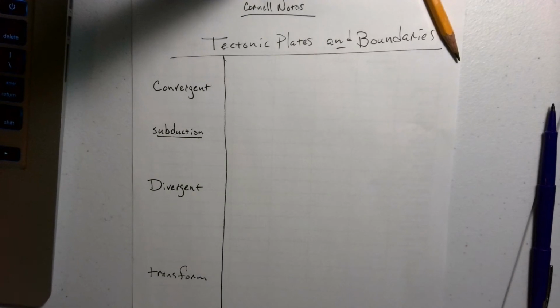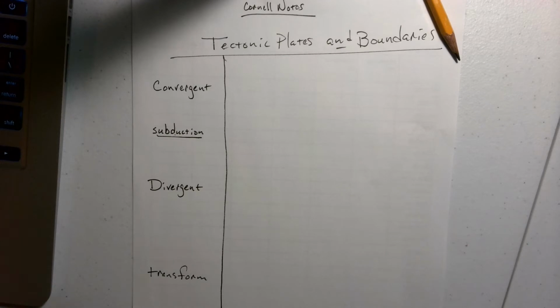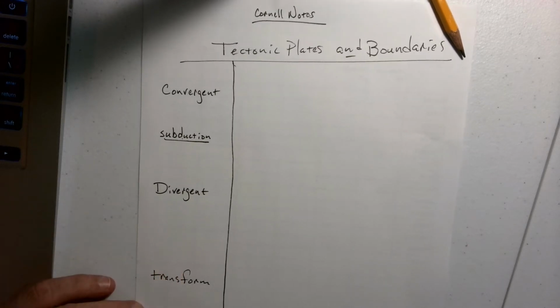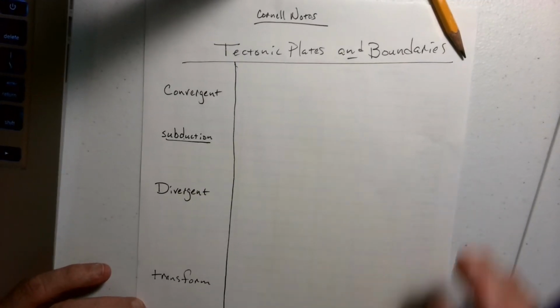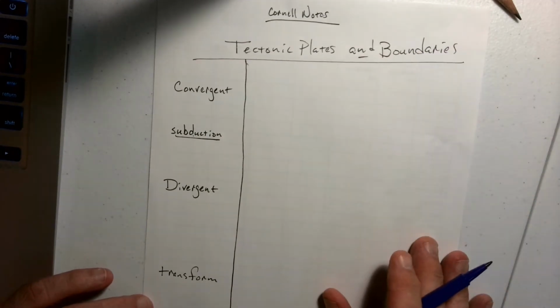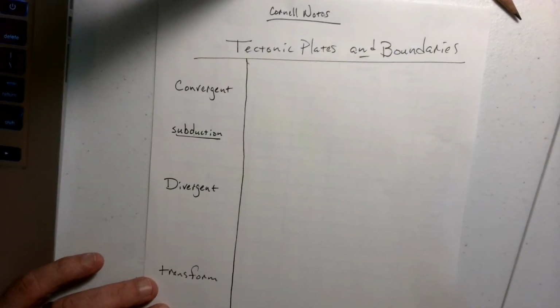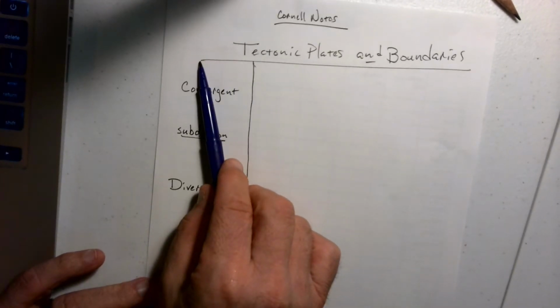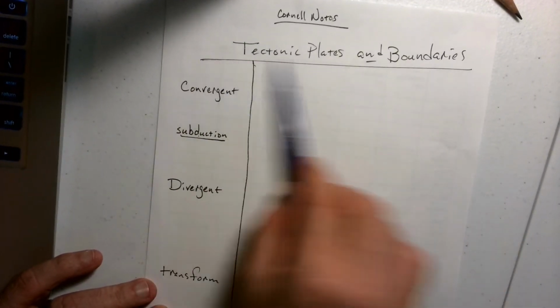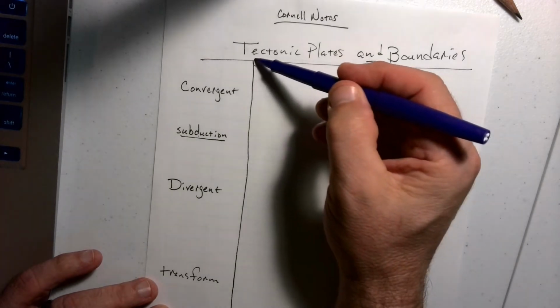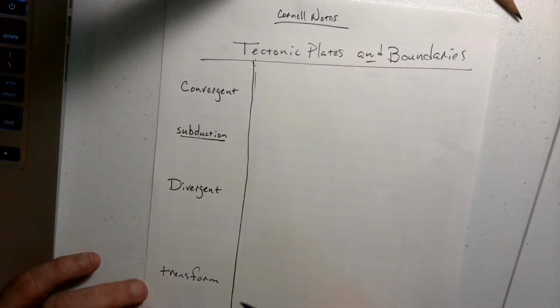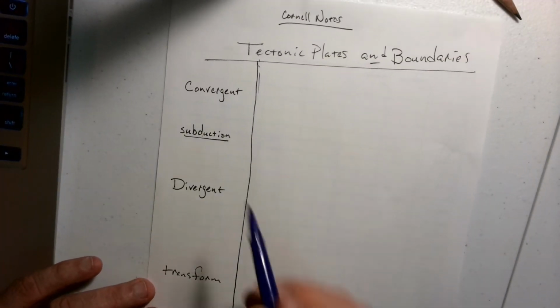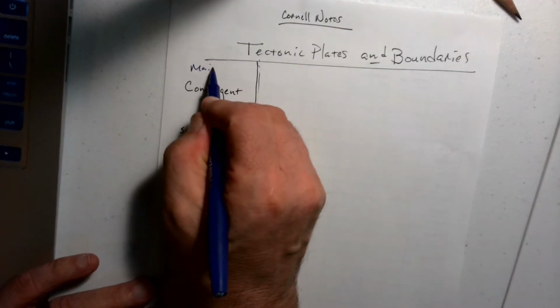Hey, room 207. So I wanted to review with you Cornell Notes. And Cornell Notes are a style of note taking that is really useful for when you're doing inquiry. So, as we talked about the other day, you divide your paper into sections. The topic goes at the top under this line. And then on this side, you draw a line that comes down and you leave space for main ideas